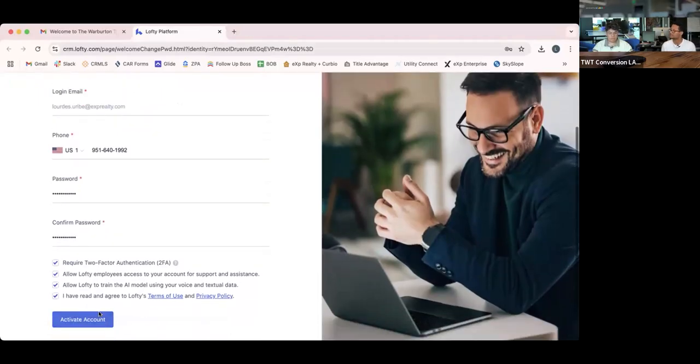I think it would be really helpful for everybody to know your password, Lourdes, if you could share that. Put it in the comments. Yeah, I mean,